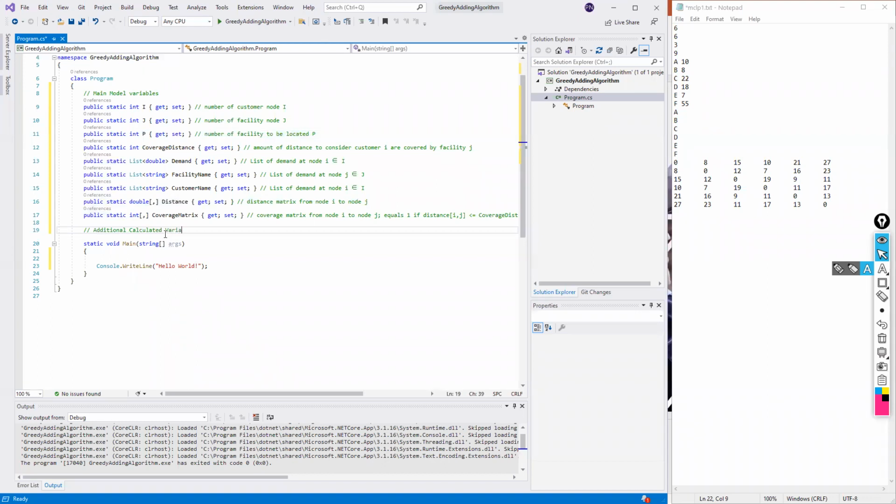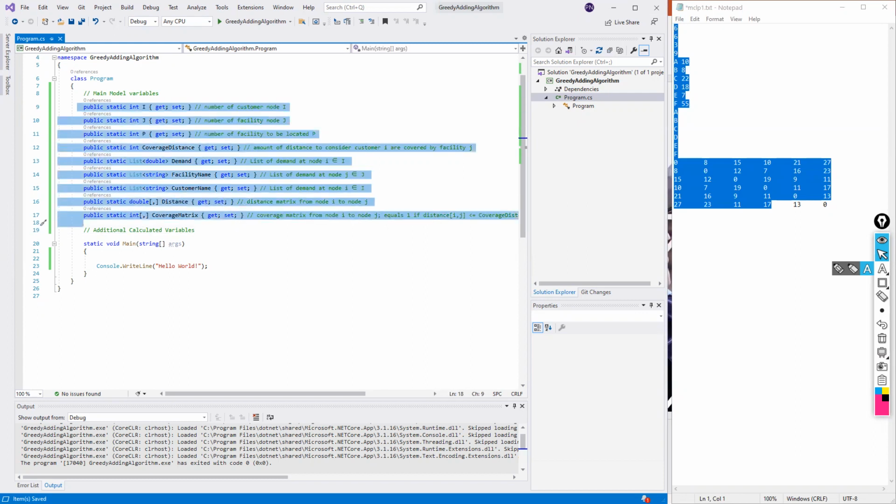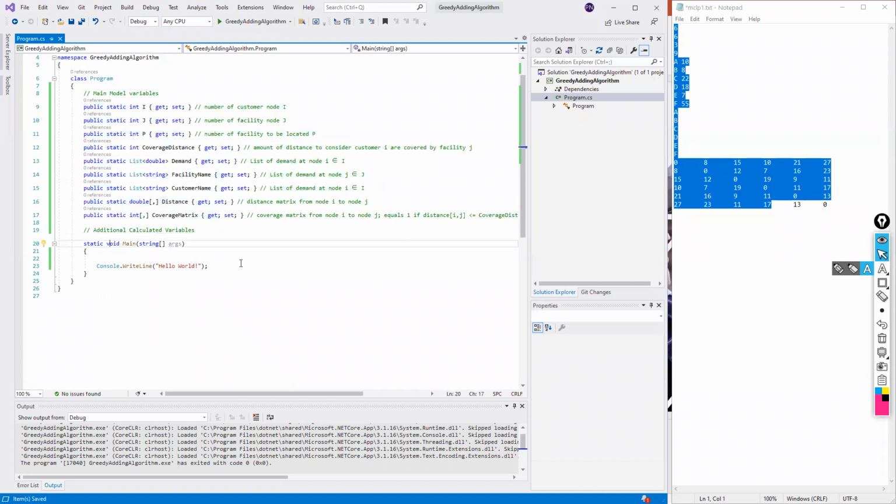Calculated variables. Okay, for now, I will do the first step. Read from here, put it here. So for doing that, I need to modify this code a little bit. The first step that I am going to do is read data for, we call it, maximum coverage location